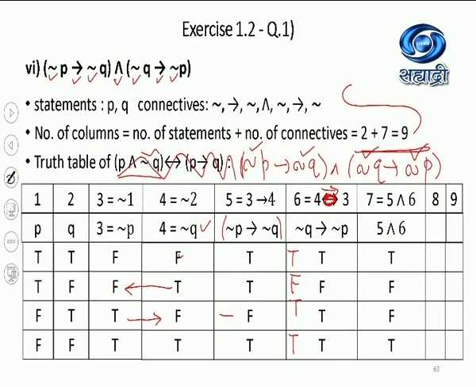For the 7th column it is now the 2 brackets, that is column 5 and column 6. Column 5 and column 6, if both are T then only the value will be T. Where is that? Here and here. Both are T's, so those will be entries as T, rest will be F. That's all. That is how you will conclude the truth table for the given statement pattern.